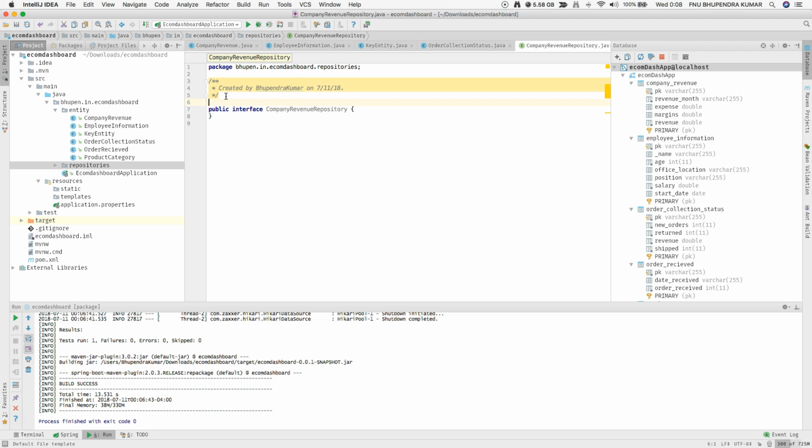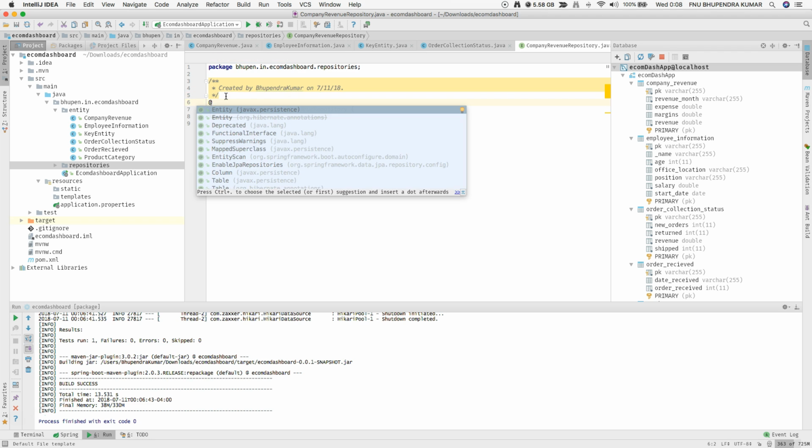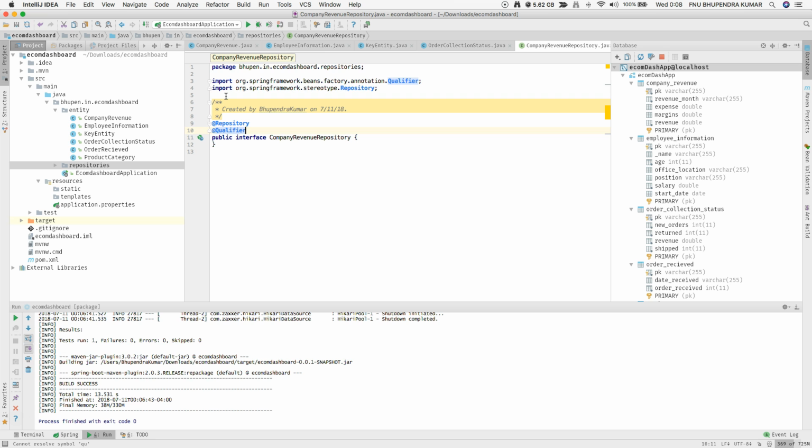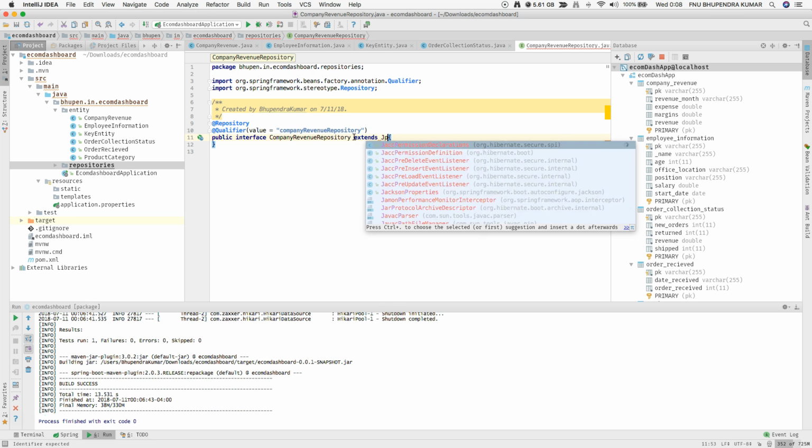In this, we need to use the @Repository annotation to define that this is a repository, and what the qualifier should be. So I'll use the same name, with a lowercase c to identify it, and then I can extend JPA repository,